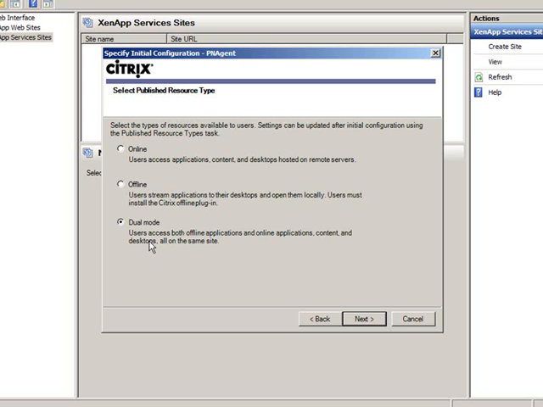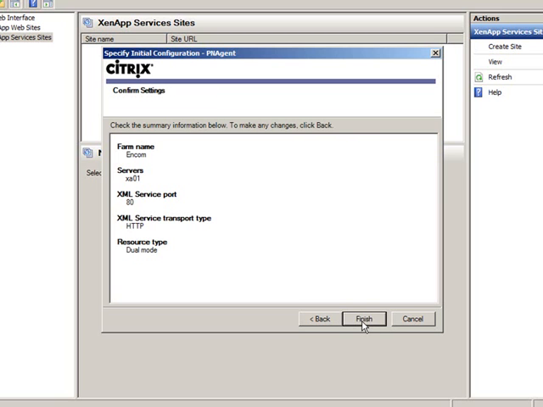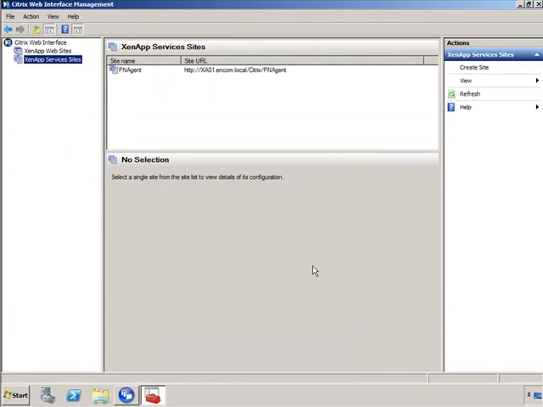So again, you can have more than one. For our purposes, we're going to go with dual so we can demonstrate both. We're going to click on Next, and we're going to click on Finish. And that pretty much configures the main configuration settings that we need in order to allow the client to connect. Now, in a later lesson, we're going to talk about how we can go into the different settings. But for now, I just wanted to create a framework that would allow us to connect to the PN Agent